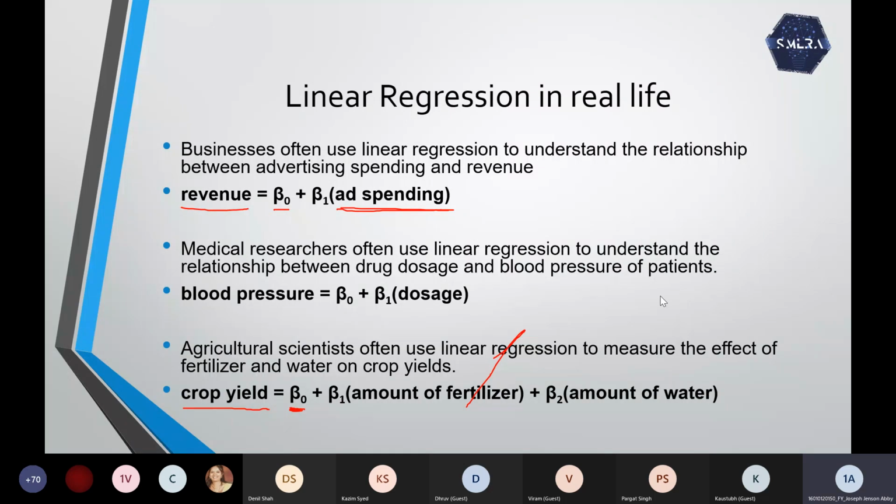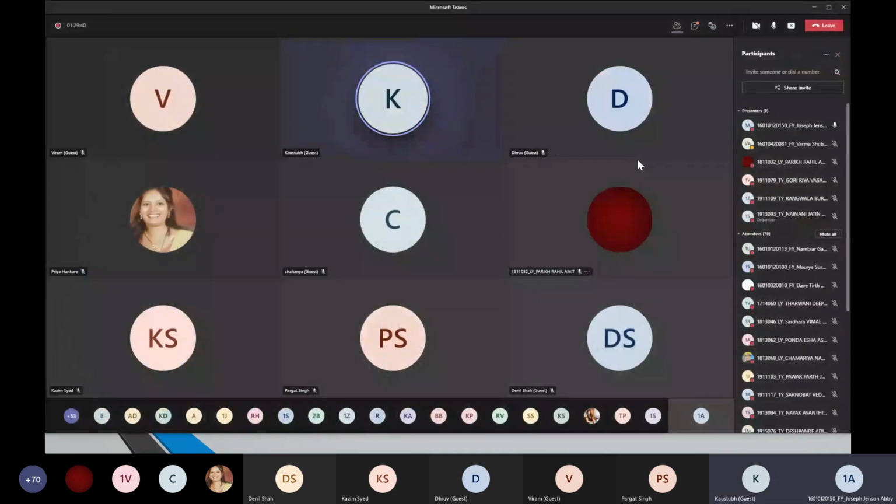Similarly, for medical researchers, we are going to take an example quickly. We are short on time. Blood pressure is a function of drug dosage. A particular drug has some effects on the blood pressure. So how is the drug affecting your blood pressure? For that we have a relation. Through linear regression we can find that relation and we can effectively give the best dosage. So that's it for the theoretical part. We are quickly going to jump to coding. Any doubts so far in multivariate linear regression?